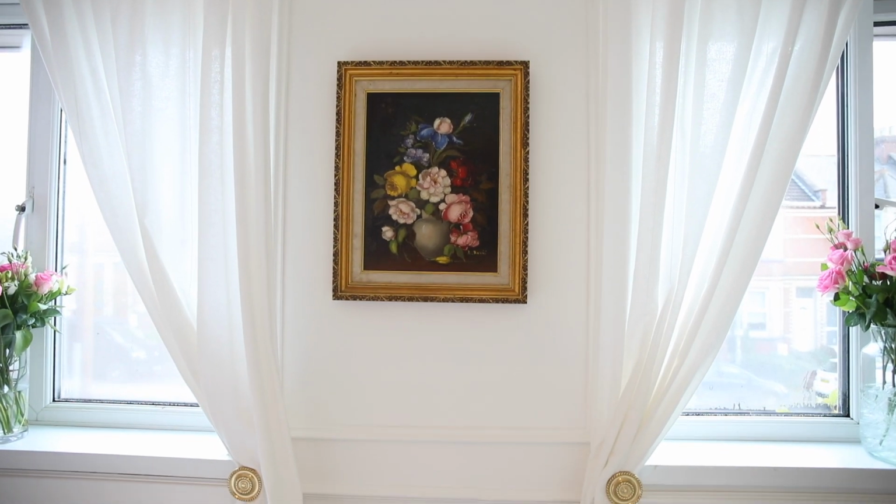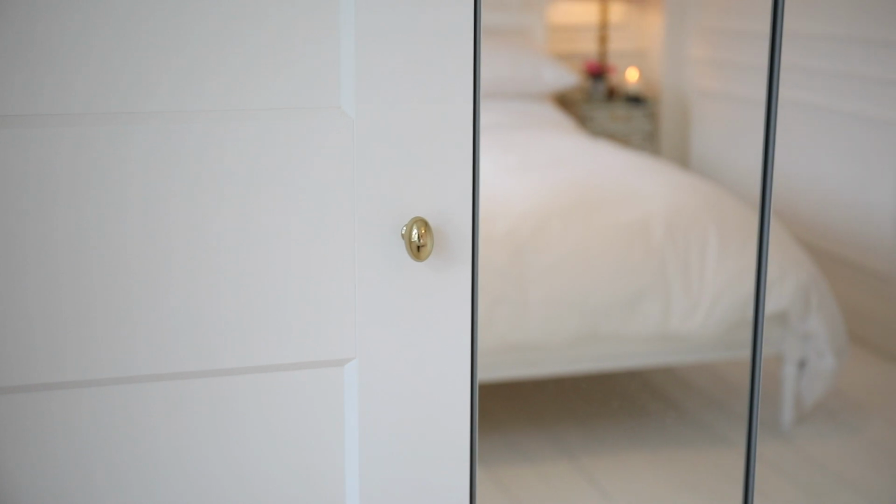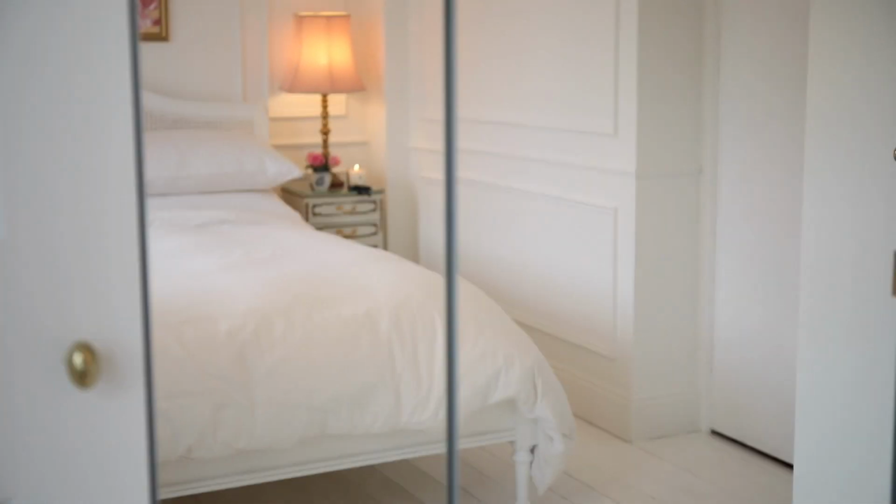Then we decided to go for these beautiful big brass knob style things to hold back the curtains. They are such a simple finish, but I think look so effective. And these are literally just something cheap from Amazon. They really were so inexpensive, but look so lovely. And honestly, I'm so happy with them. They match perfectly with the handles on the wardrobes, and we just decided to go with a PAX system of